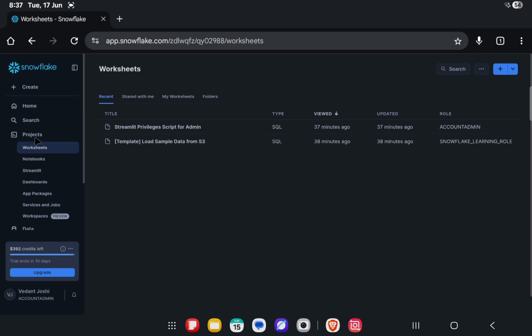Then the next thing is Projects. Projects shows all the programming side of things, where you write your code and execute it on Snowflake. So worksheets are there. Worksheets can be of two types. Based on your programming preferences, you can either go with a Snowflake worksheet or a Python worksheet. Snowflake allows you to create both types of